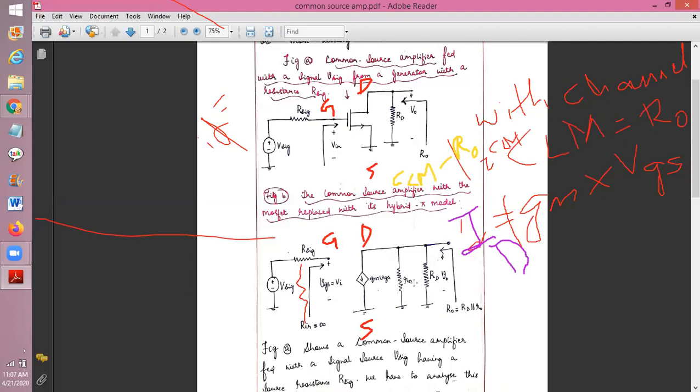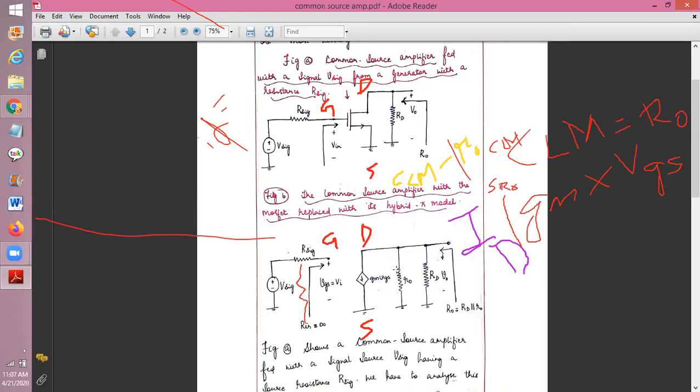Small R0 means what? When the device undergoes channel length modulation. If I am not showing the small R naught, the device has not undergone channel length modulation. Okay. So look here, the resistance RD is between drain and ground. In turn, source is grounded. So I will write this to drain and the other terminal is ground. So ground is nothing but your source. And this R naught is the resistance due to channel length modulation. That exists between drain and source.